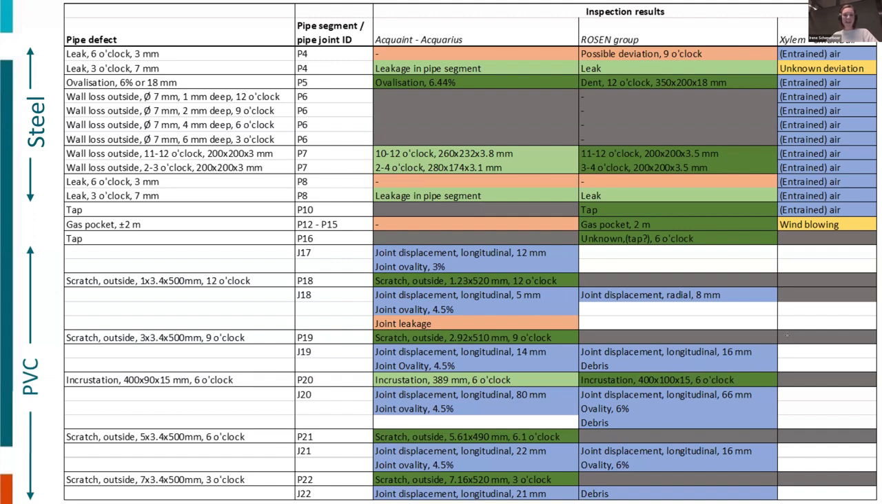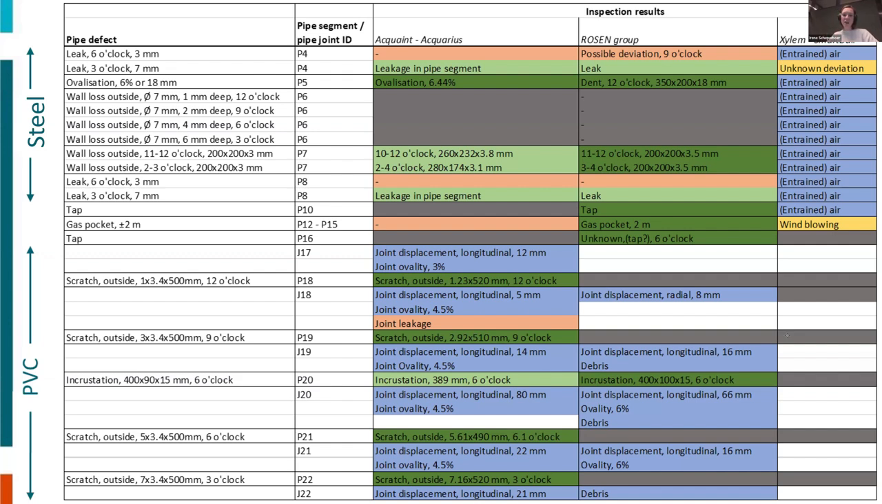Then we have the yellow color. Yellow color means that an anomaly was detected, but it was not correctly identified as the defect that was actually there. We have blue, and blue is a defect that was registered by the tools, by the inspection companies, but was not intended to be there. Which does not mean that it was not there, but in some cases,